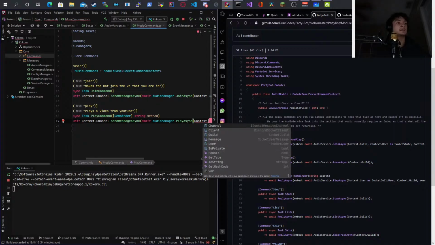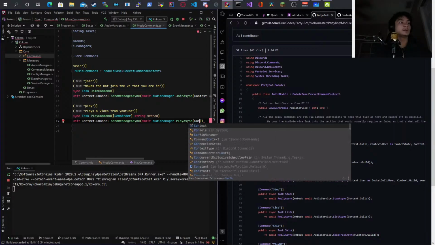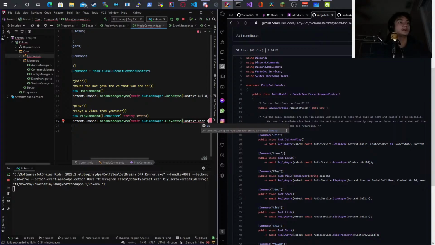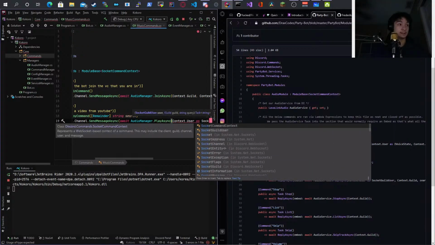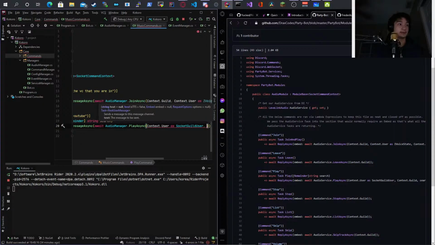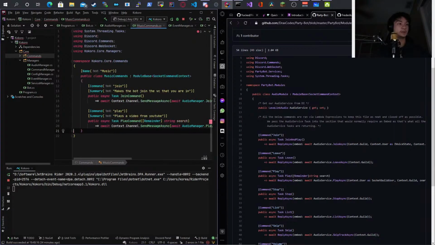Context. What was it that I need? It needs to be user. So context.User as a SocketGuildUser. Then context.Guild and query.